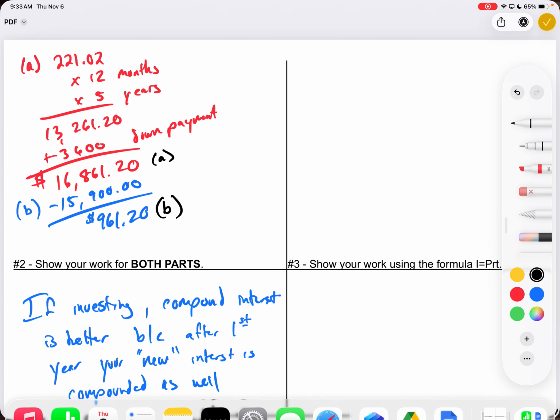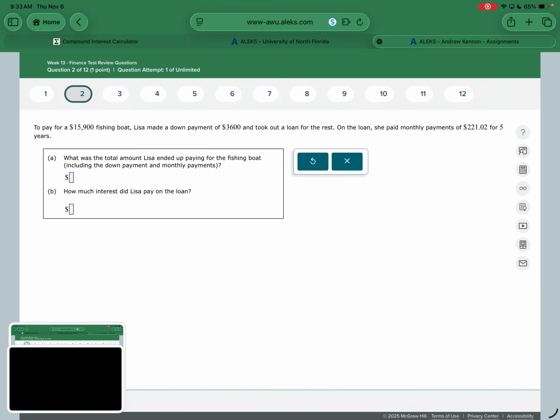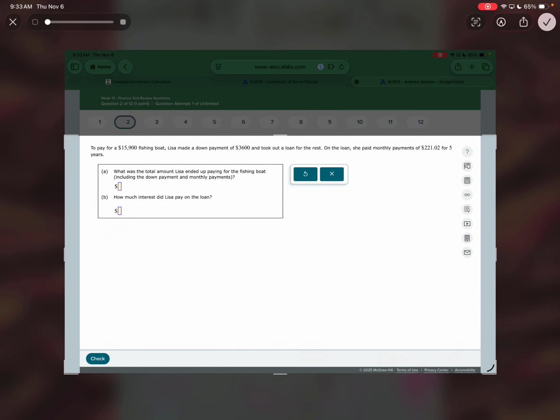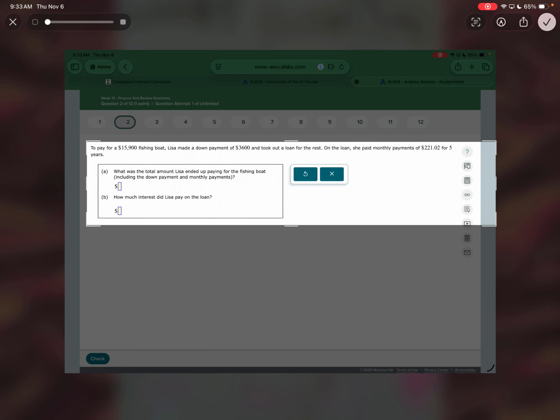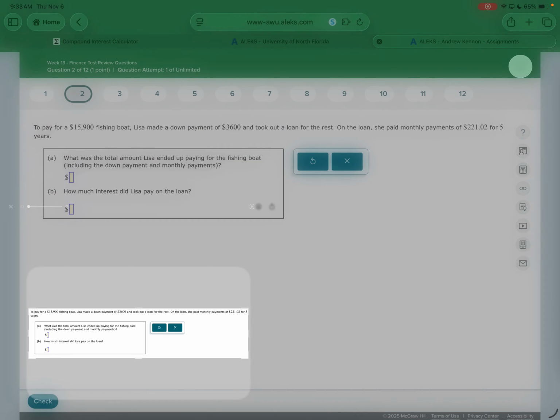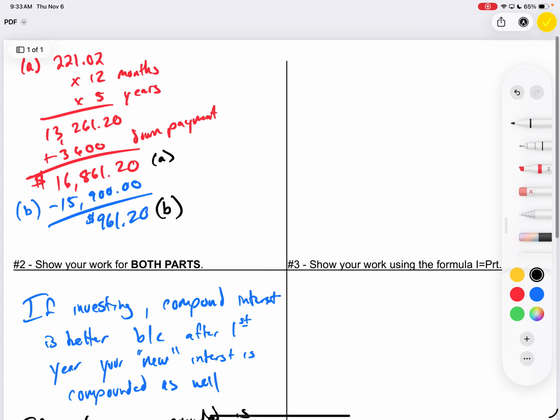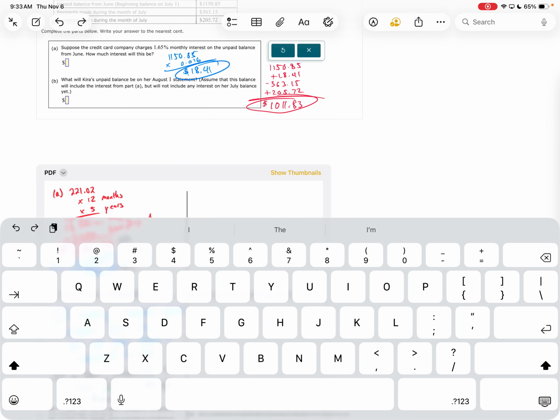So just take that step by step. I tried to pick ones where you didn't have to do crazy calculator stuff. On this one, you do have to do the monthly payments times there. I told you that it is very important in real life that you always find the total amount paid. So that's very easy to do. You just take your monthly payment times how many months and how many years you have there. And then you can compare that to how much it actually costs to see how much interest you are paying. Of course, you can find a calculator online to do that, but